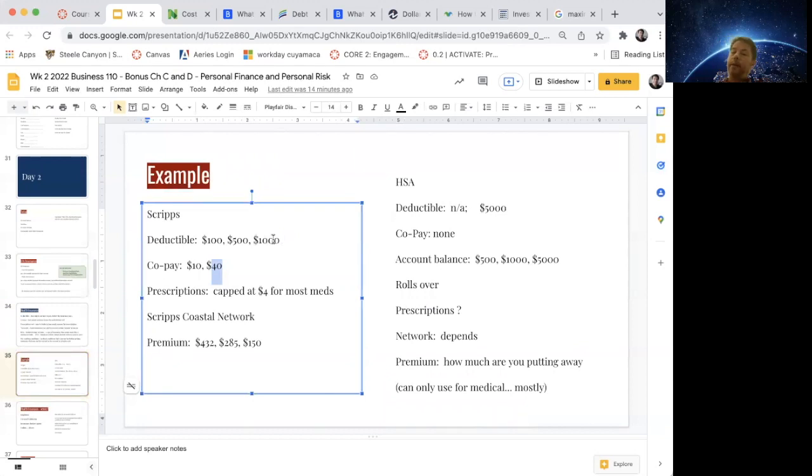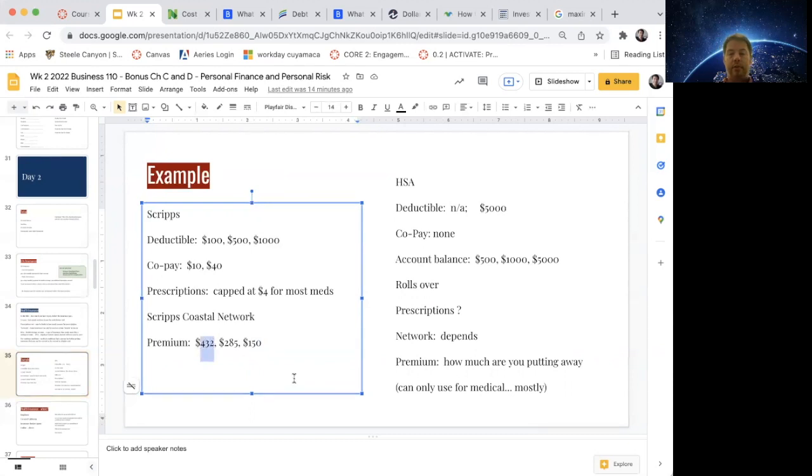Okay. So if you pay more every month for your insurance, you can have a lower deductible, a lower copay, and when you actually go to the doctor, you wind up paying less. Okay, so that's kind of what this is trying to say. So I'm paying less a month because I'm actually pretty young and pretty healthy. I'm not going to go to the doctor very often, but just in case, I'm going to have it to take care of myself if I really need it. That's great, because then guess what? You can use the rest of that money to invest, to do other things.